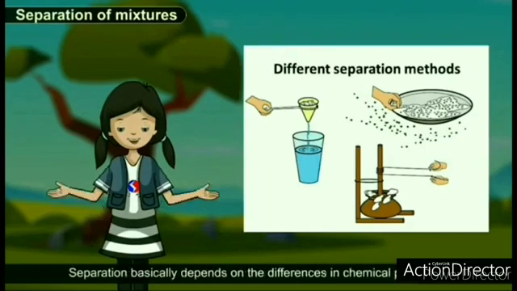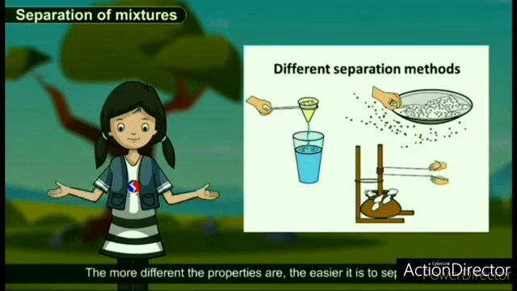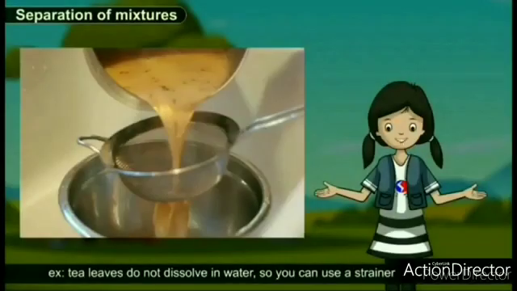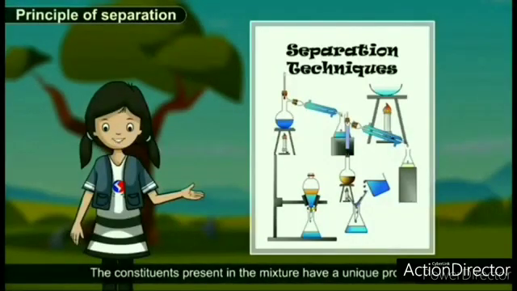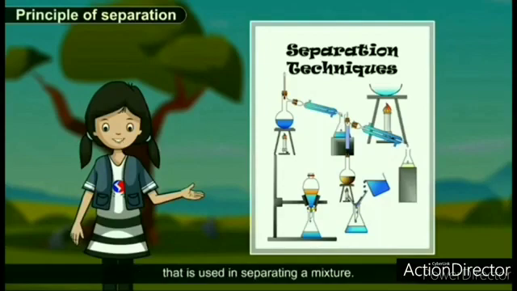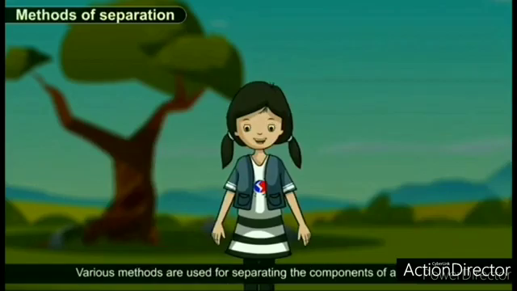We can separate different mixtures based on their properties, and the more the difference in the properties, the easier it is to separate the mixture. Separation technique is very useful to remove impurities that are harmful. Here we can take an example of separating tea leaves. Separation techniques can also be used to separate the useful component from the unuseful component, and to obtain a pure sample of a substance.